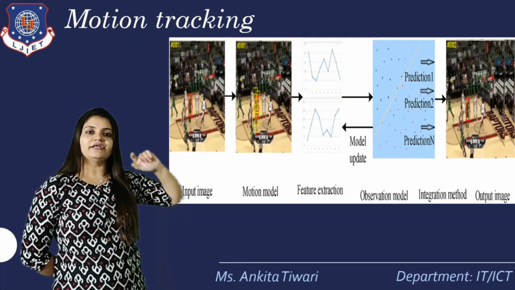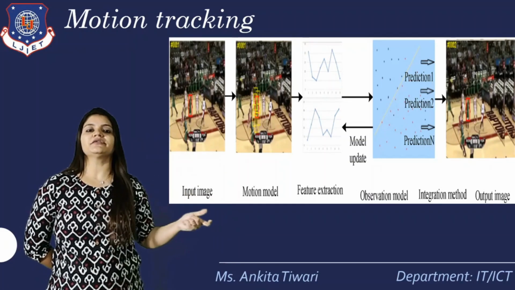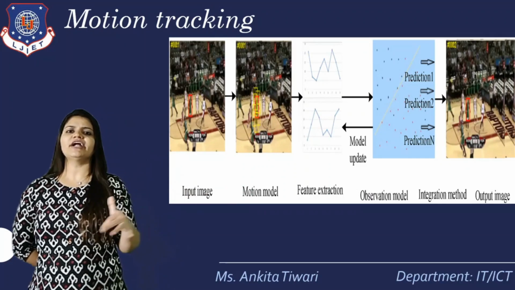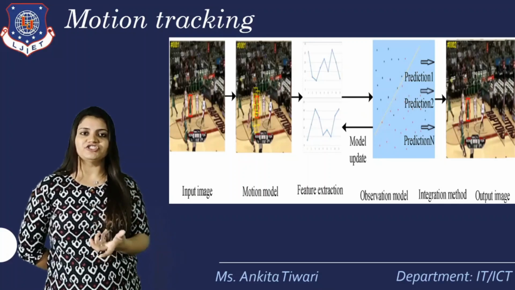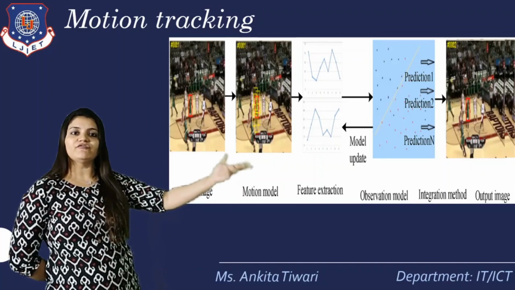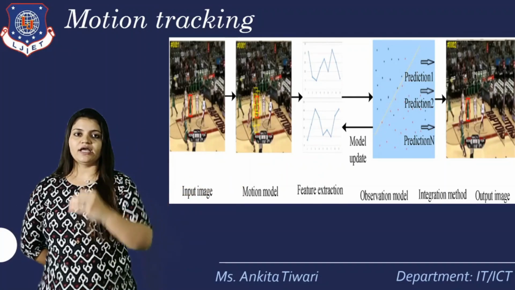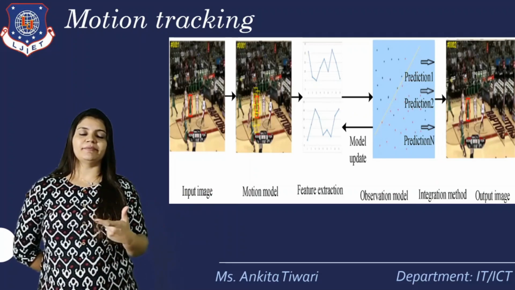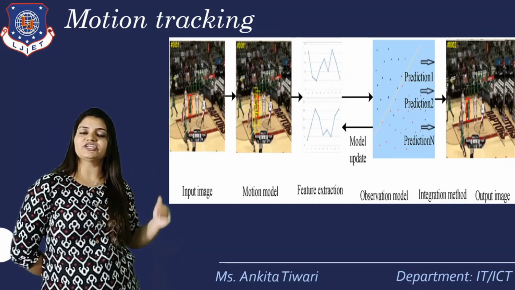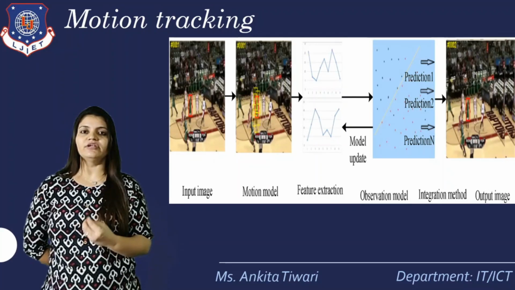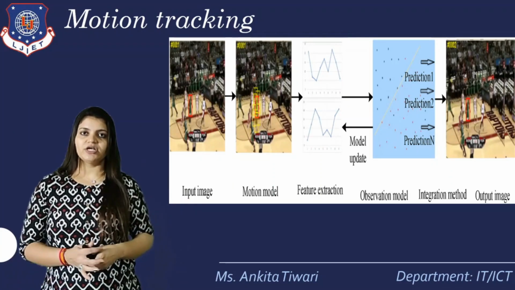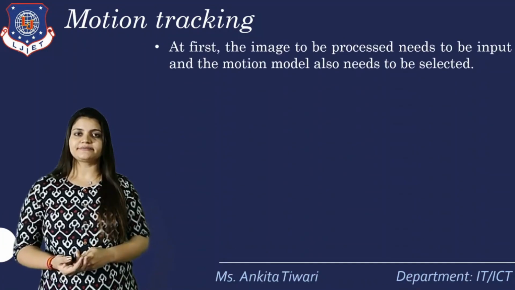That is given to the prediction model, where the observation will be done with respect to the different lines or criteria that we are taking from the feature extraction. And then it will be integrated into the particular model that we want, which gives the output image, also known as the integrated method that we have applied to the prediction method. Prediction 1, prediction 2 and prediction n. One prediction is assumed as an output, and that will be integrated into the output image. So this is what a motion tracking process is.